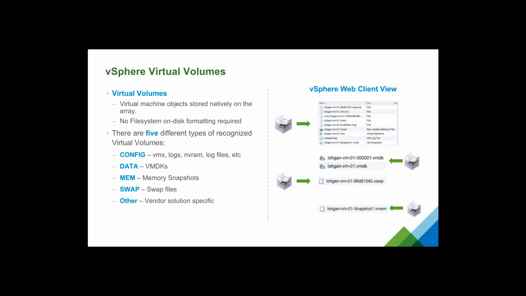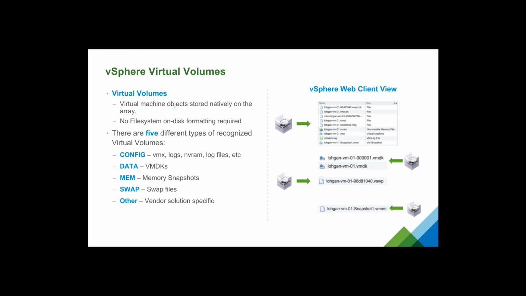The data vVols are the ones that you can actually do the most tuning on in terms of what you want for your vVols or other capabilities. The mem and the swap don't typically have a whole lot of tunables on what you can do. They're just additional ways of telling the storage, hey, I need this fixed size vVol for this purpose. And in the case of a memory snapshot, you are pretty sure that it will be written once contiguously and read one or more times contiguously. And the swap, there's just going to be a memory image, and that it will be written pretty randomly.